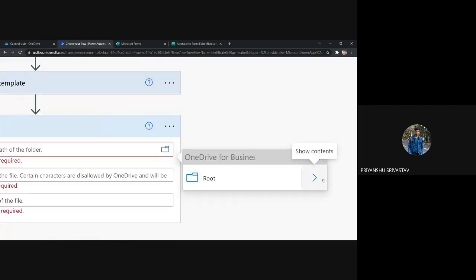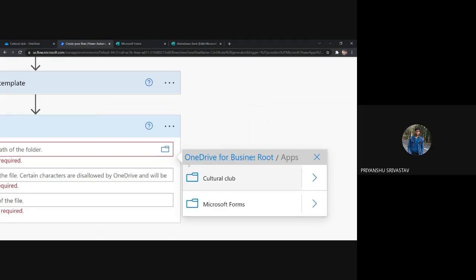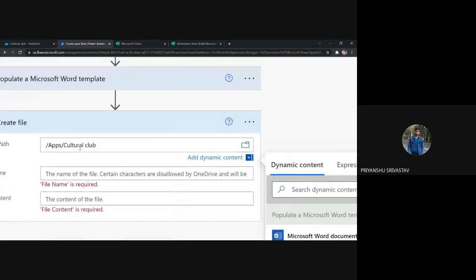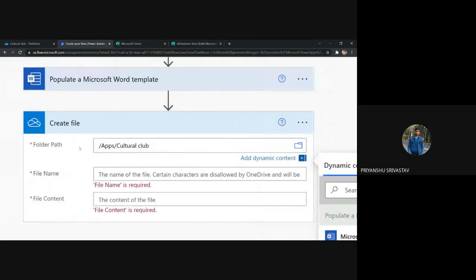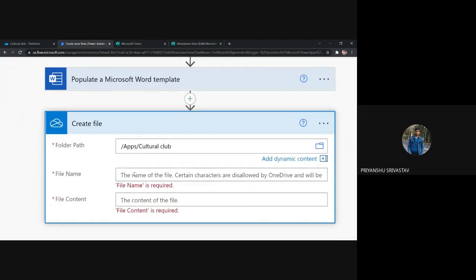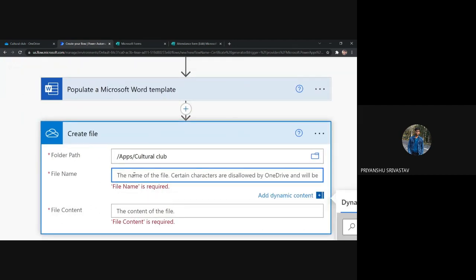I have to go inside the root folder, and then inside the apps folder, and finally we have this Culture Club folder where we have to save this. So let us click on this Culture Club folder. So you can see that in the file path, the path of the file where we have to save this is displayed. So for file name, we have to provide the name with which the file will be saved in OneDrive.